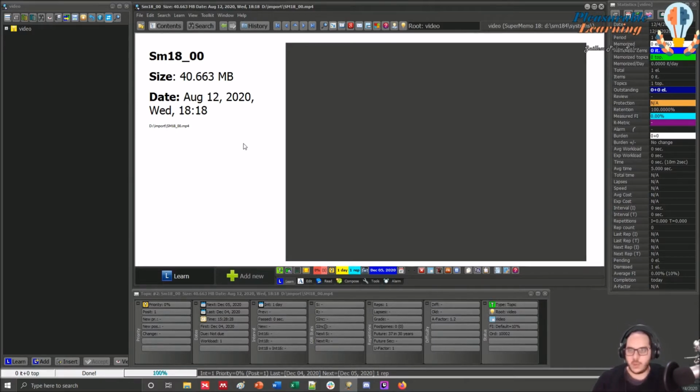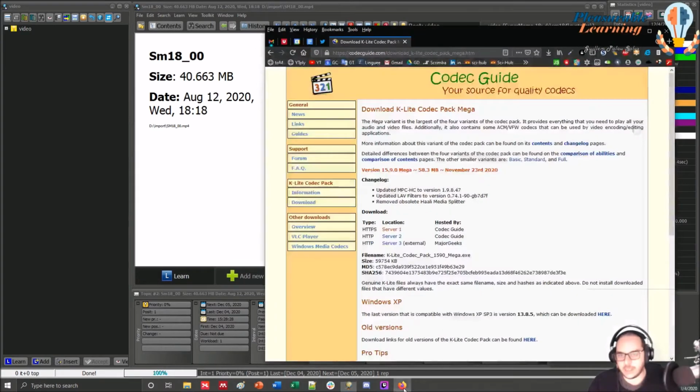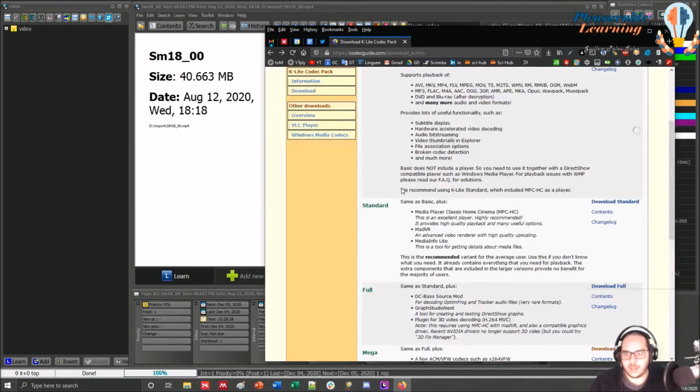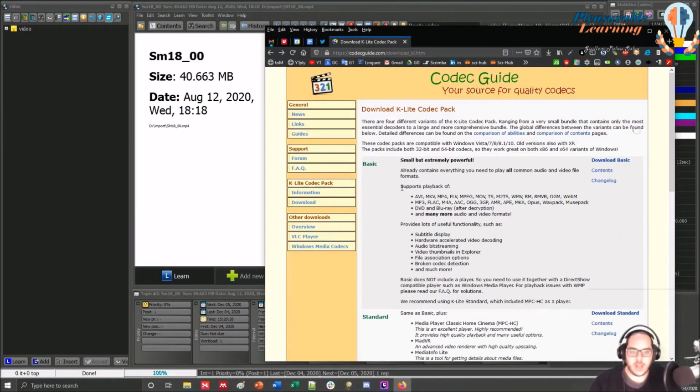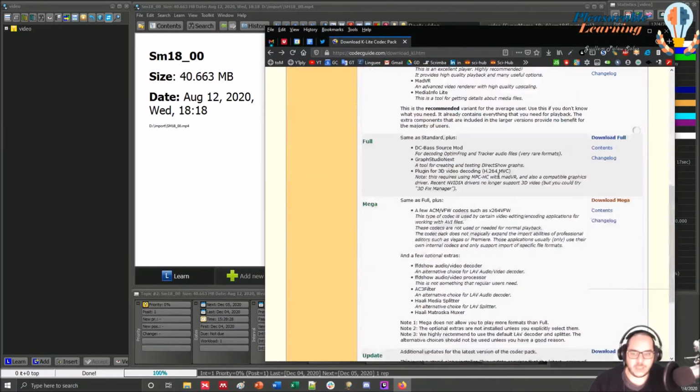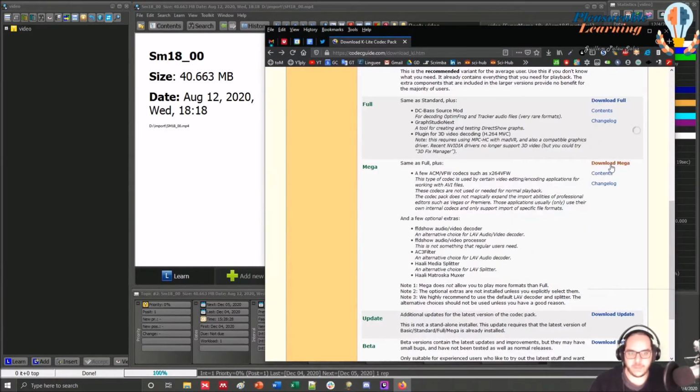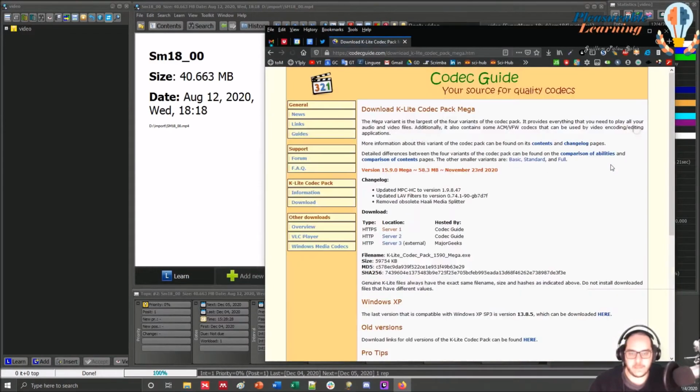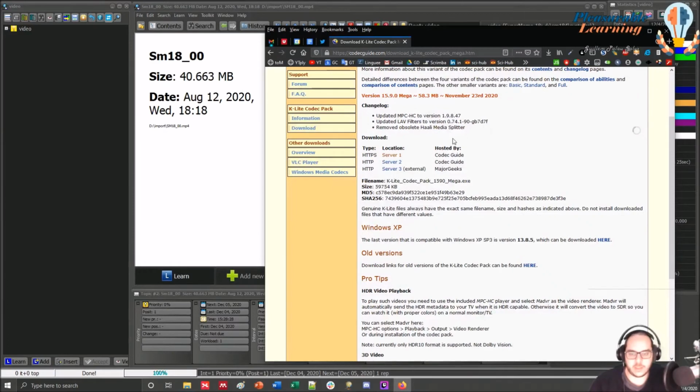So what you need to do is install this K-Lite codec pack. There are different versions. I don't know if the basic is enough, but just in case, I suggest going to the full or mega. So it's better that I am installing more stuff than I need, than be short of codecs and drivers. So you download this file, very easy, it's an exe, executable.